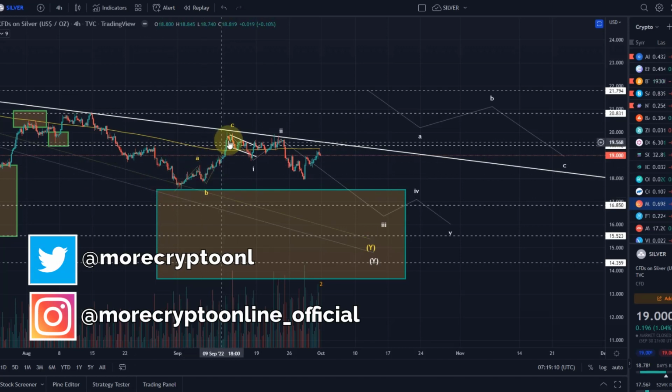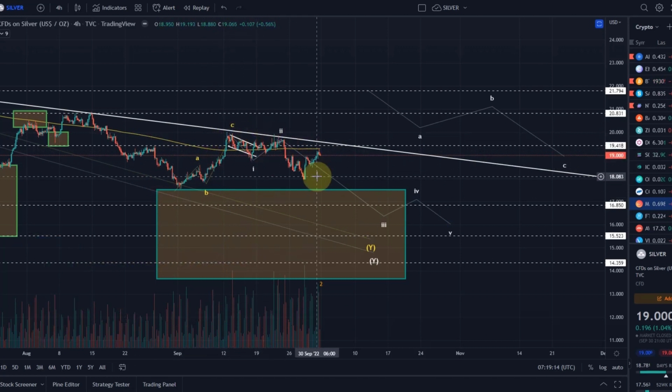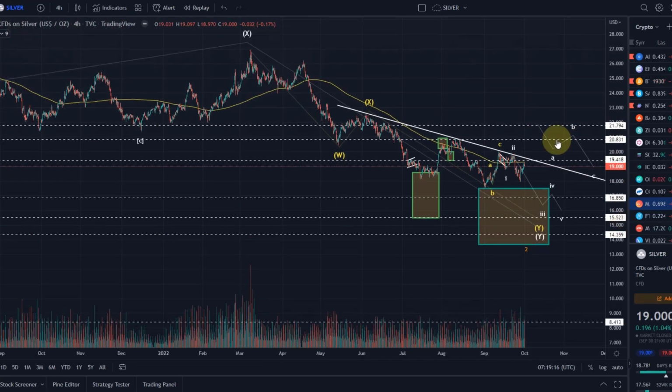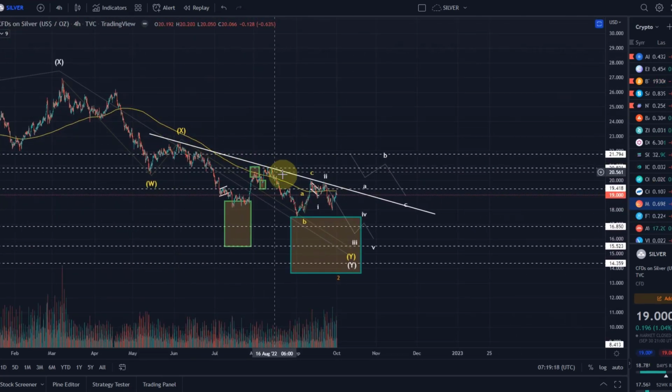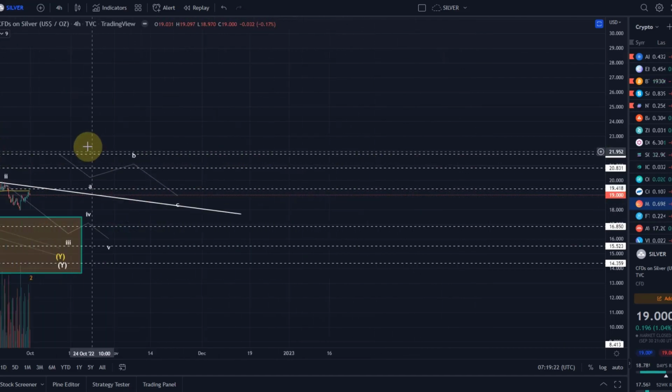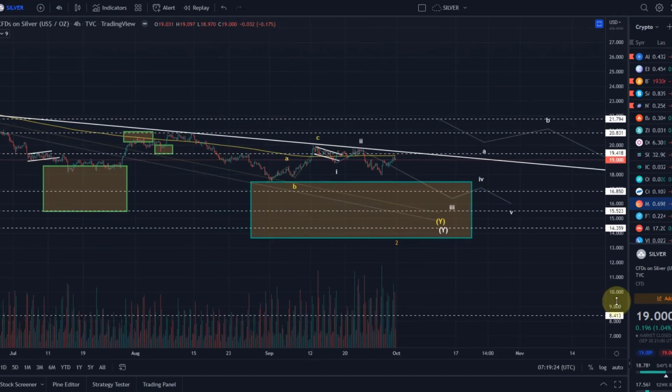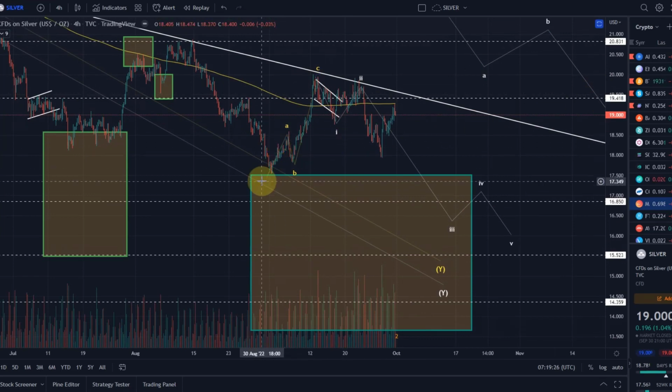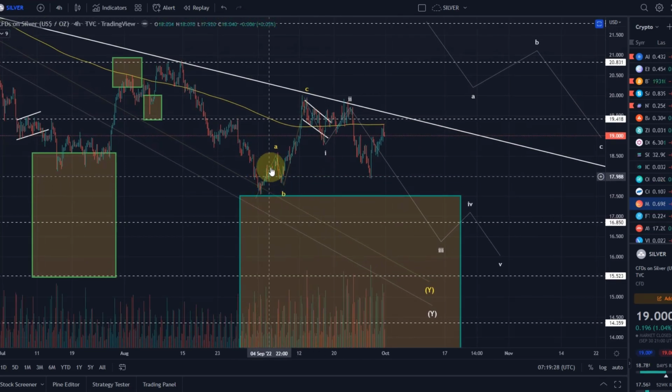So yeah, I think we have rolled over. Remember we had this descending trend line here on the chart. Silver did not manage to break above it. On this way to the upside, after we hit my reversal area, we did not create a 5-wave impulse. It was only a 3-wave move. Quite a clear 3-wave structure. This could have been a wave 4 here.